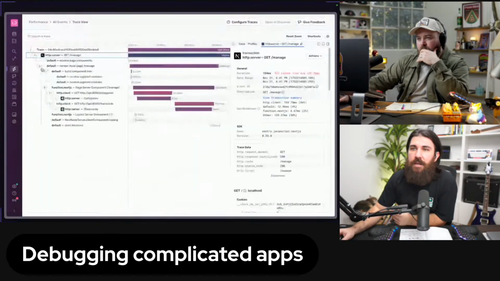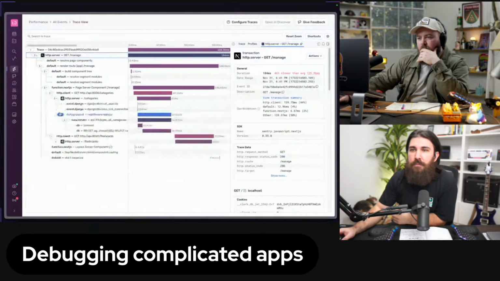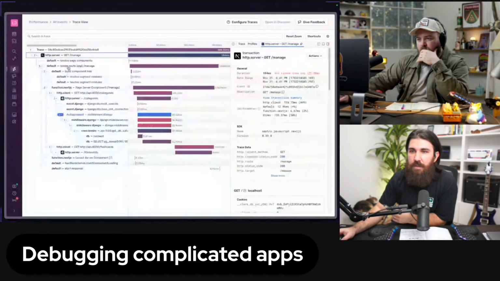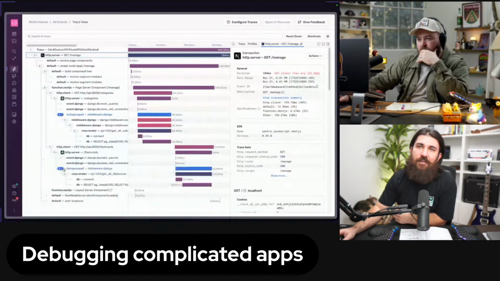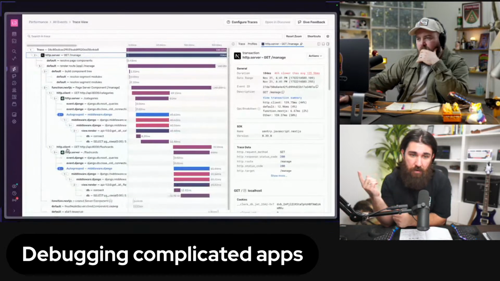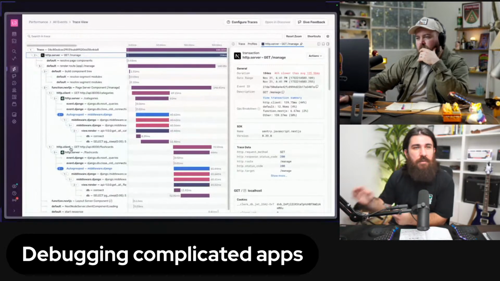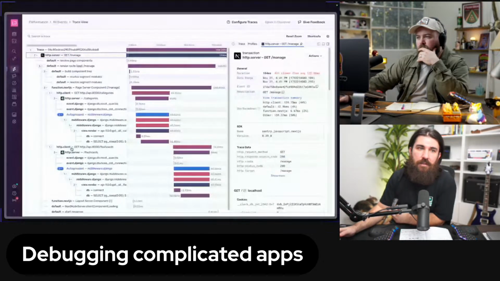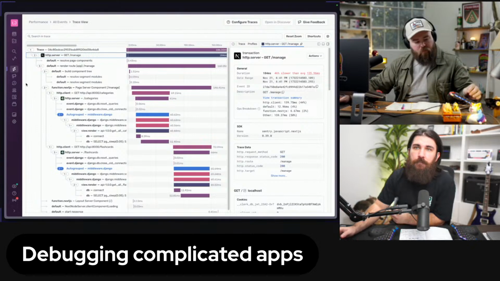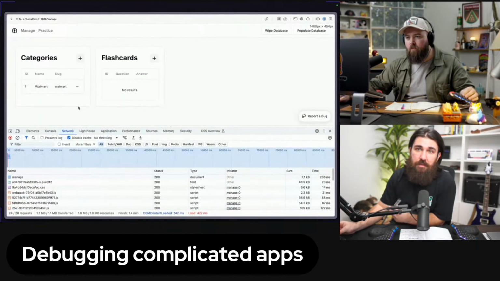All right, we got categories and flashcards, right? So I added a little slowdown to all of these. Oh, okay, I got it. This is an interesting one. I even forgot that I made it super slow. So it was okay for you, right? Not too shabby. Go back to the demo now. Trust me, it's worth it.